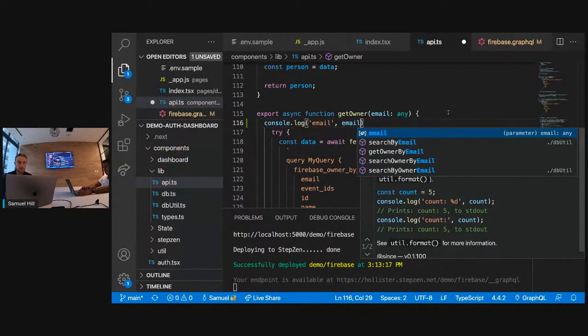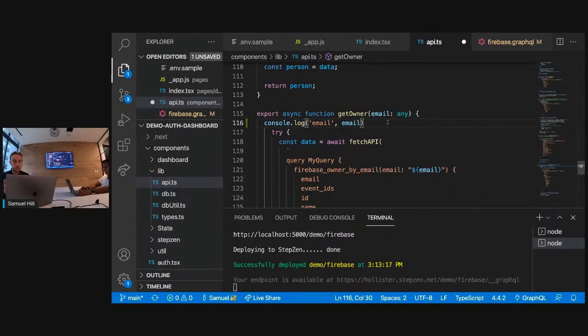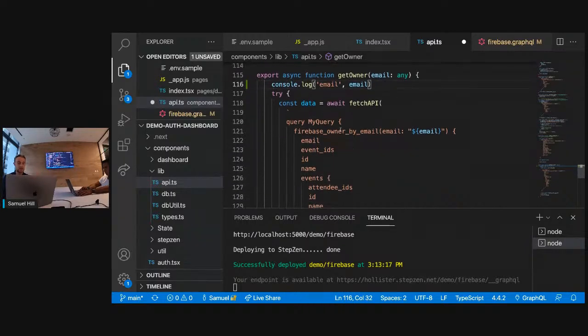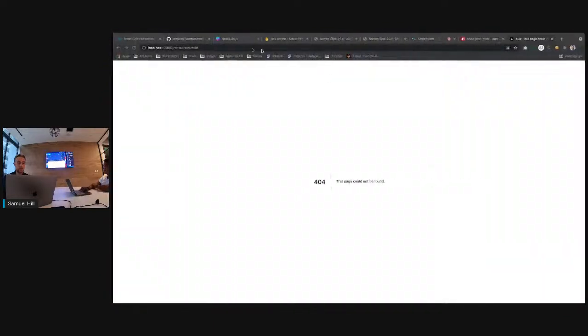We'll be able to see that the owner is going to be directly associated with the session. So when I logged in through Google, Google sends over an email and says, yeah, that person let you sign in. Well, now we're able to check here and say, okay, does that email that just signed in, Sam@StepSend, actually exist in our database? I believe if I refresh this over here,